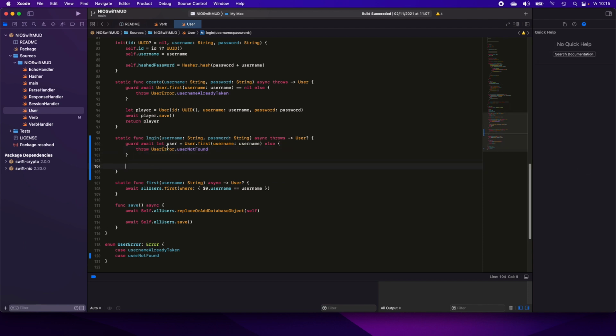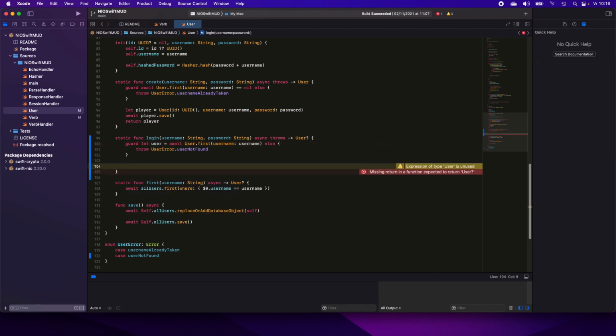At this time, user will be, let's see, we should await here. So now user, by the time we're getting here, is a complete user, and this user has a hash password,